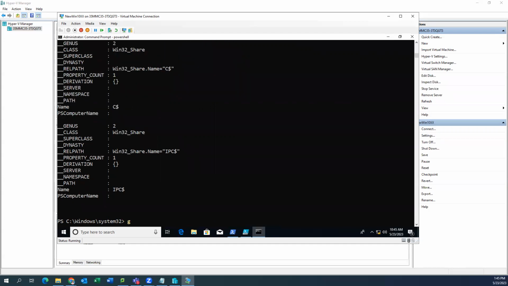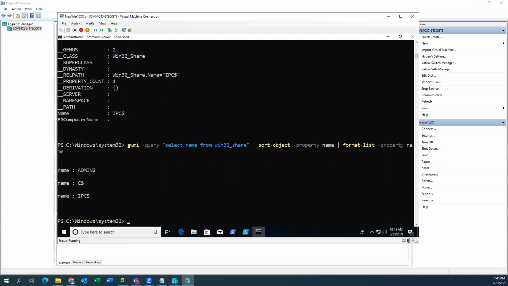I can see that information, and in fact, I can sort it by name. And in fact, I can do other queries like GWMI Win32 share filter name is equal to